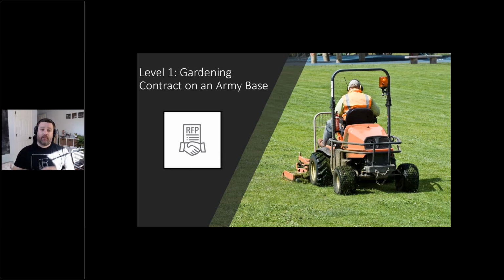However, that organization that has to bid on that will still need to be assessed by a third-party organization at level 1. That means that Dave and Dawn's garden supply shop and tractor repair that has held the contract for Hanscom Air Force Base up in Massachusetts for 30 years will now need to have a third-party organization come in and assess them against their cybersecurity policies and practices.